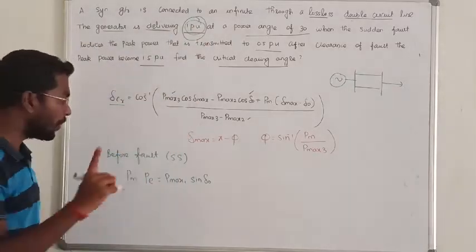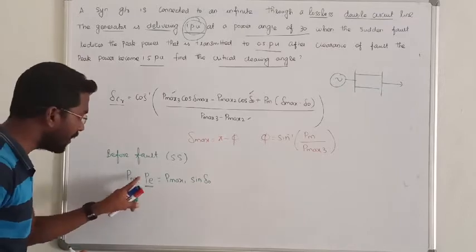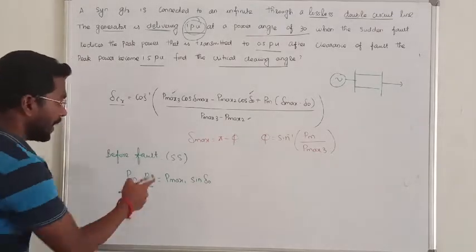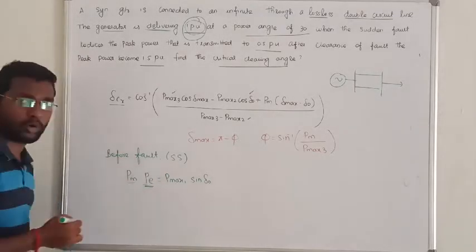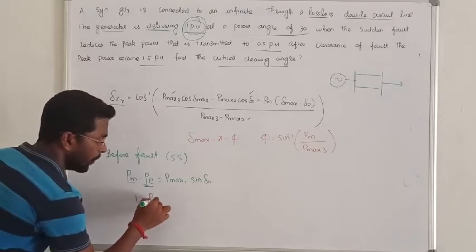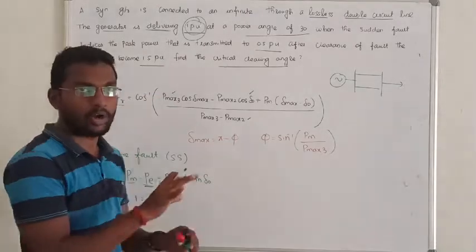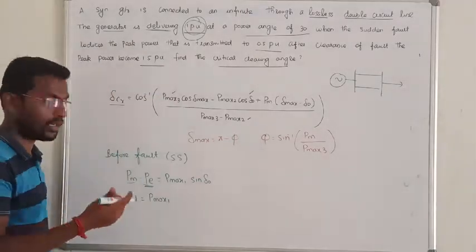அப்படினா அது டெலிவரி பண்ற பவர் 1 அப்படினா, வெளியில நம்ம டெலிவரி பண்ற பவர் எலக்ட்ரிக்கல் பவர். ஆல்டர்னேட்டிவ் வெளியில டெலிவரி பண்ற பவர் என்னது? எலக்ட்ரிக்கல் பவர். But under steady state, mechanical power and electrical power both are equal, so that is equal to 1 per unit equal to maximum power. Case number 1 ல அவங்க கொடுக்கல. Maximum power அப்படினா peak power, case number 1 ல அவங்க peak power பத்தி பேசல, that value is not known, but